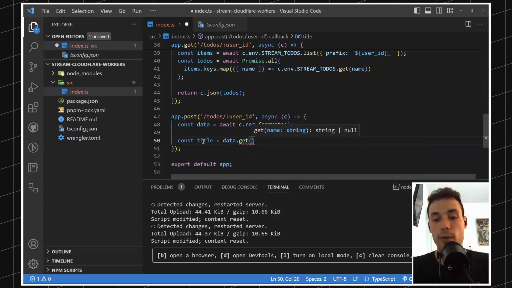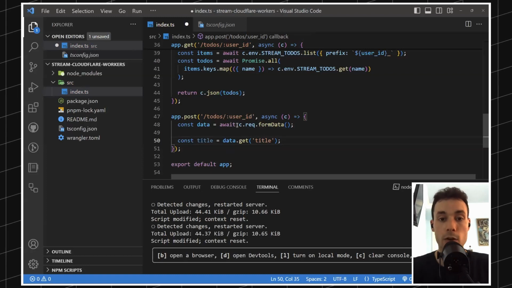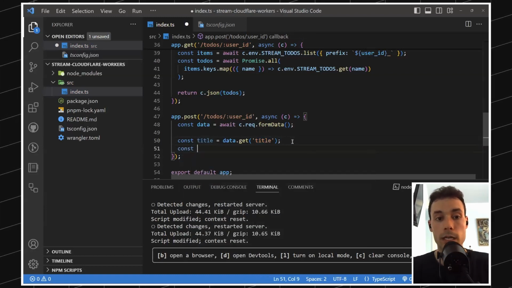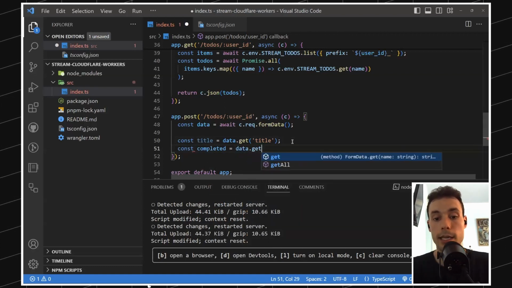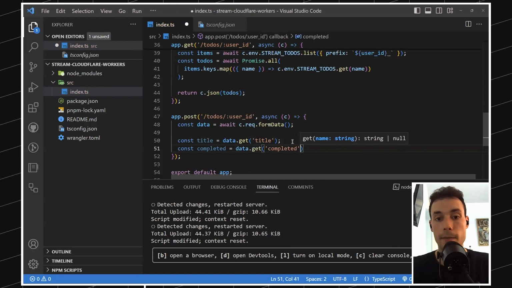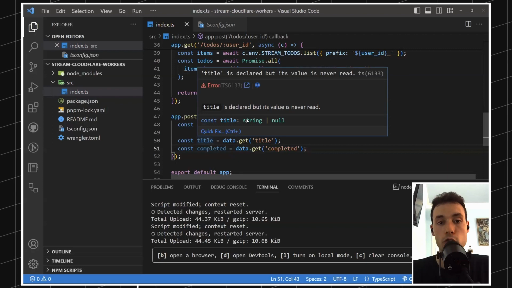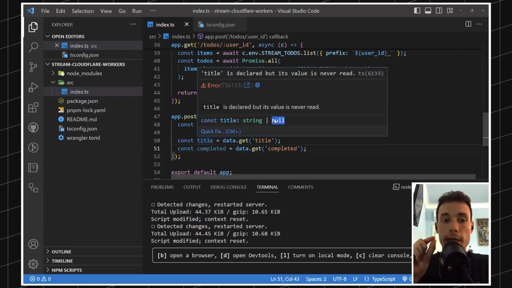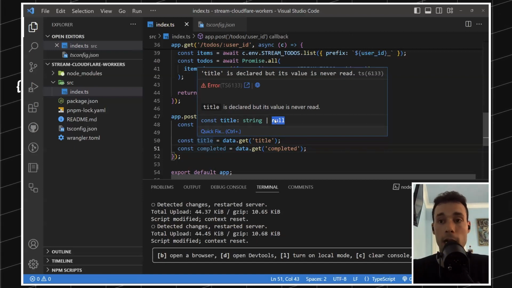Data, and we're going to get from it the title. I'll get to why it's called title like this in a second. And also, we're going to say completed. So data get completed. Let's check what's happening here. We're getting either string or null. But see how it can only be string or null, because these values are always going to be